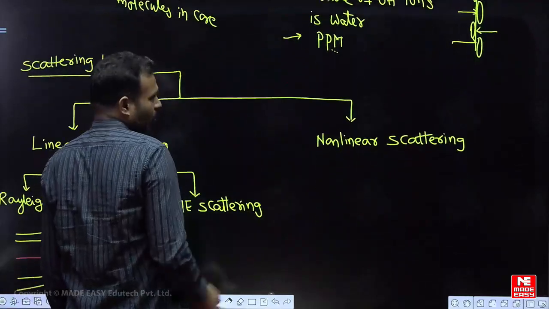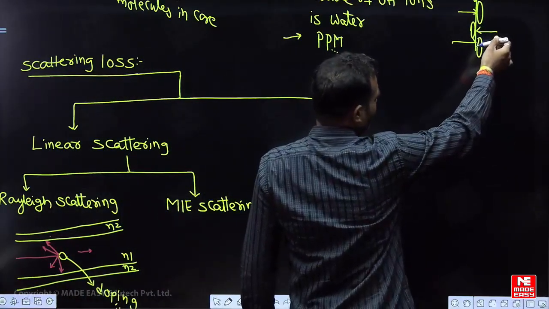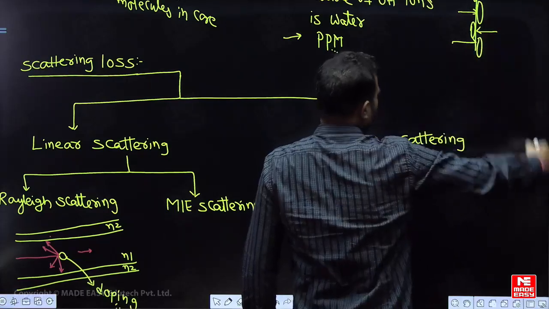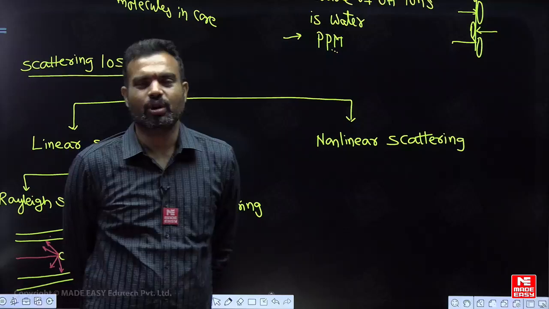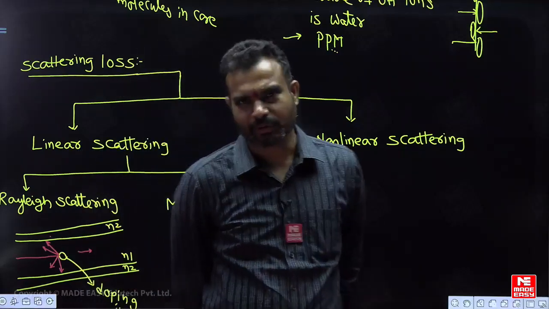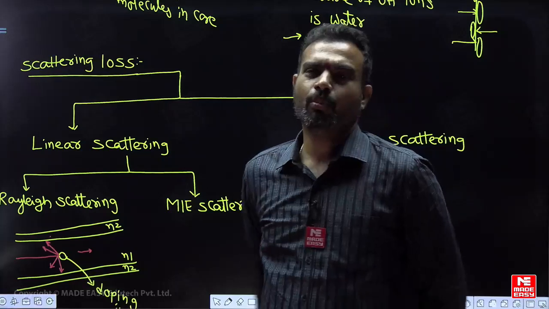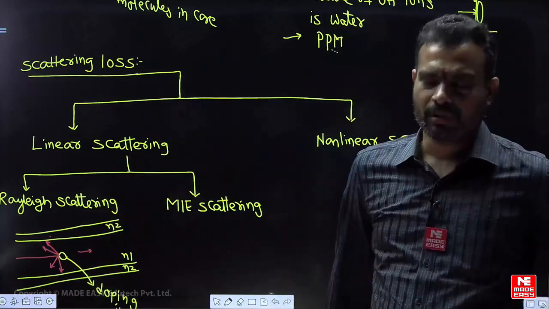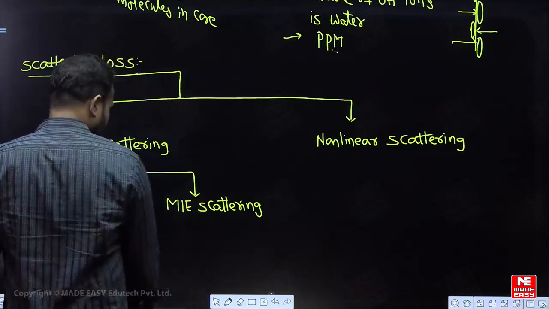So I need to explain the Mie scattering. Mie scattering is obtained because of the rolling of the fiber, and it is mandatory for us to roll the fiber. Without rolling the fiber, it is not possible to manufacture it. But while rolling, make sure there is not too much pressure on the fiber. Now see here, when you talk about Mie scattering,